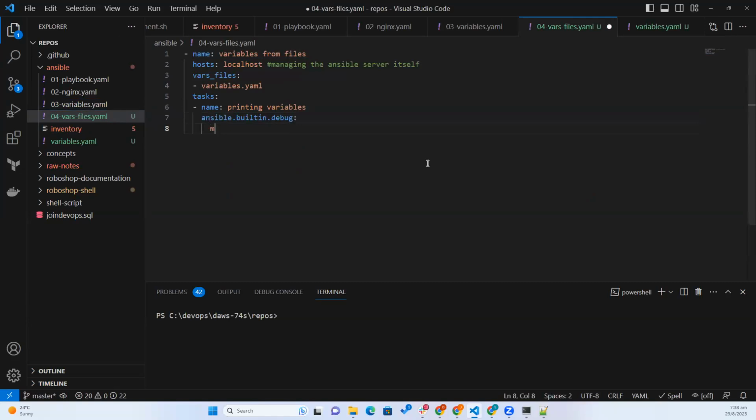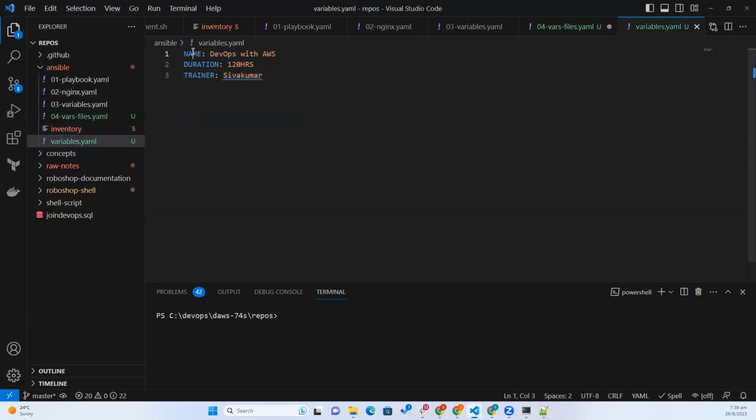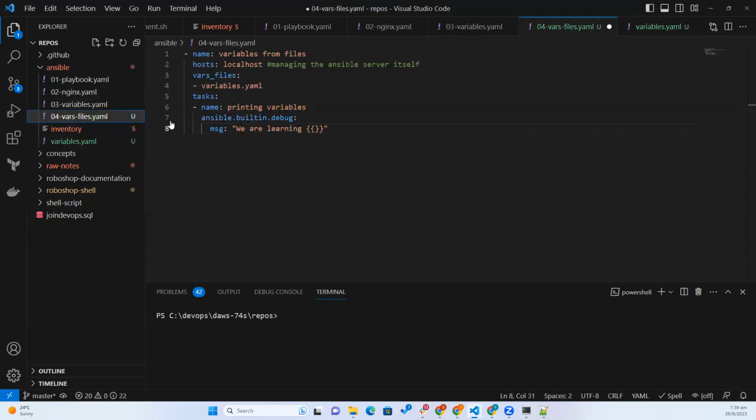And then message: We are learning. So in Ansible, it is always two curly braces to refer, and just the name. Duration is